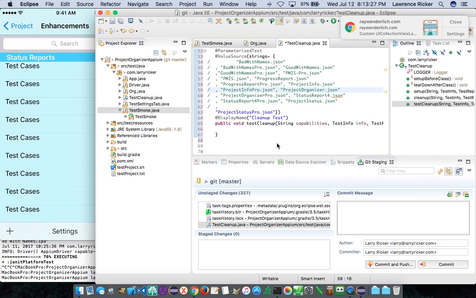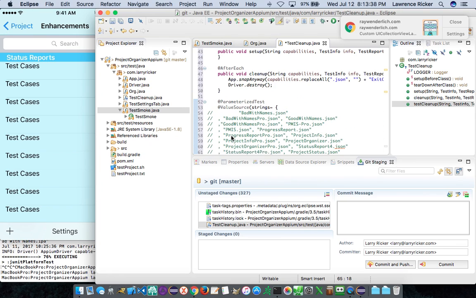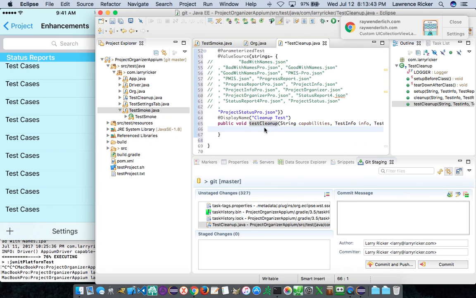Okay, as I discussed, now when I create a test, this is the cleanup. I like to outline the steps that I'm going to execute in the test. So this is the parameterized test. This is the test cleanups. This is the method. So as I discuss, what I'm going to do is I will